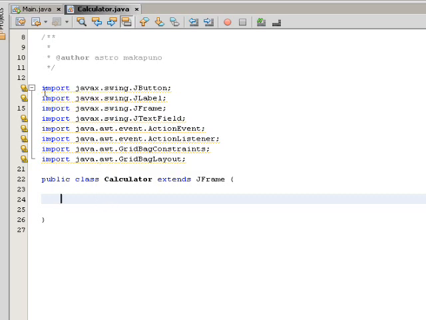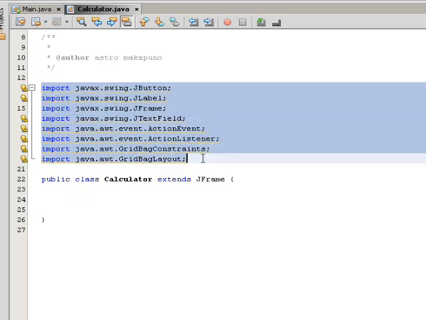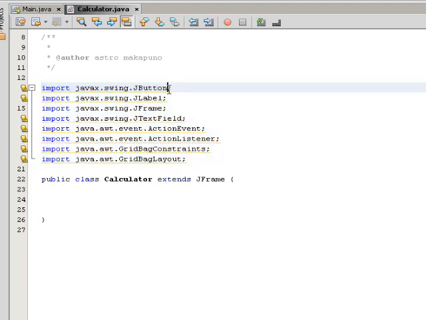So guys, I already imported the libraries that we needed. Following button, label, frame, text field, action listener, event, and GridBagConstraints and layout. So what we need to do first is to declare some objects. I will declare it as private because I want it private. So let's create object JButton